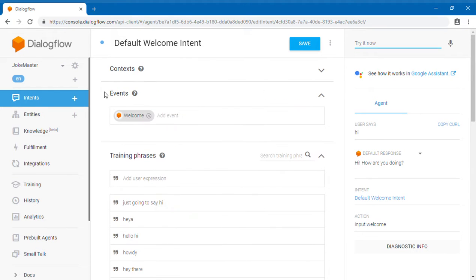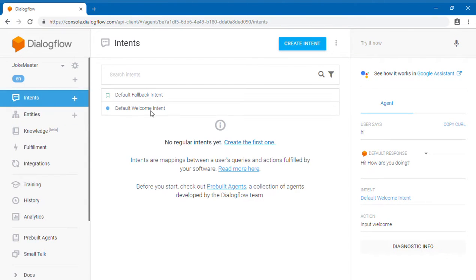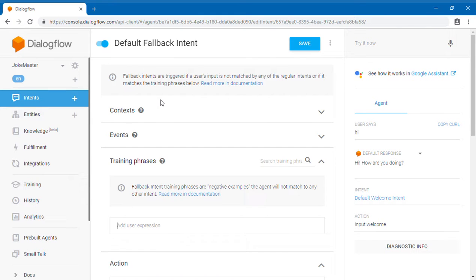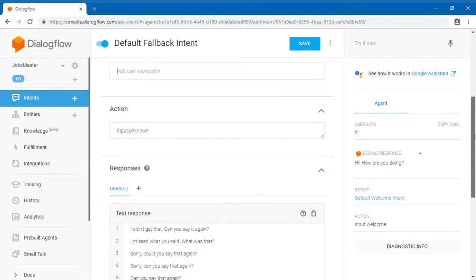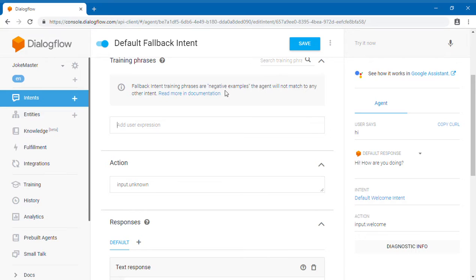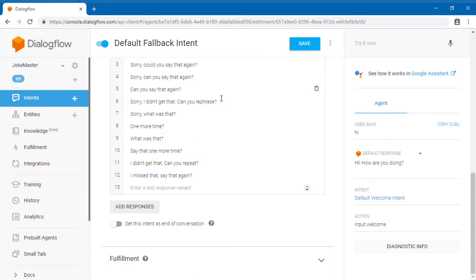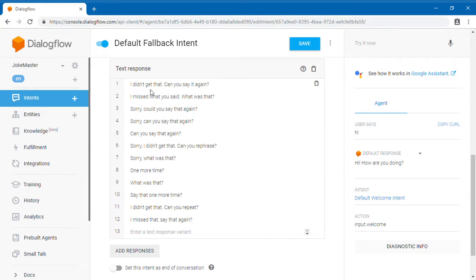Then we can go back to the default fallback intent. In this, what if the agent cannot match any intent which we have made, it will reply with things like, I didn't get that, can you say it again? And we can add that, you can ask me for some funny jokes.